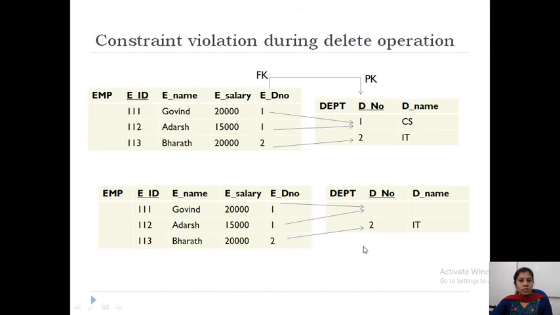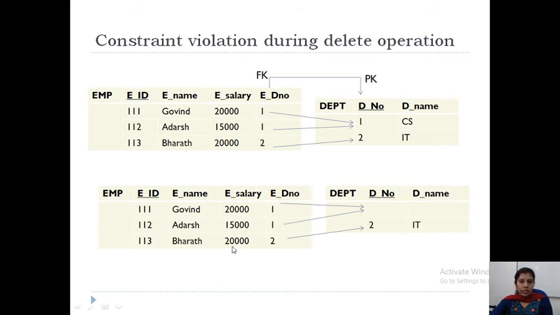So the first possibility is you reject the deletion. The second possibility is first you delete the employees from this table and then delete the department information, department 1. That is cascading delete. And then the next is you can modify the value in the referencing relation.